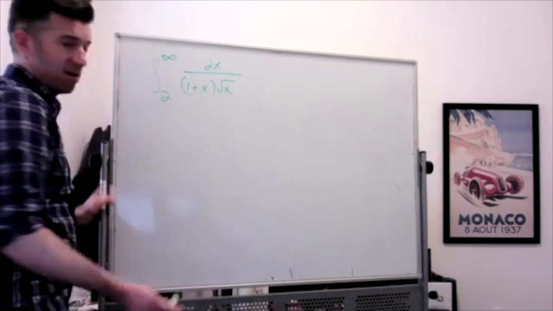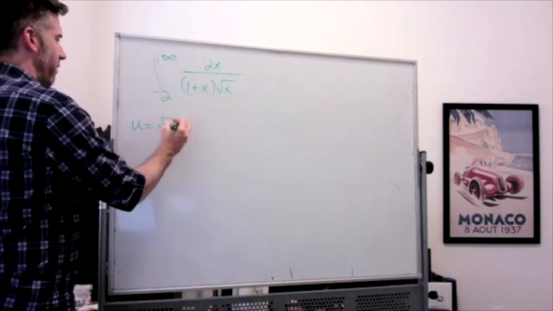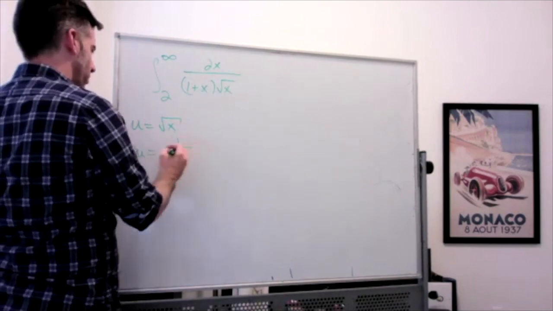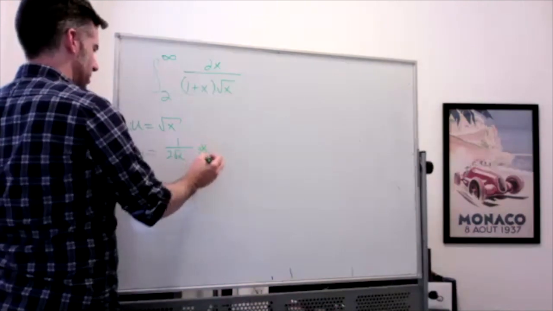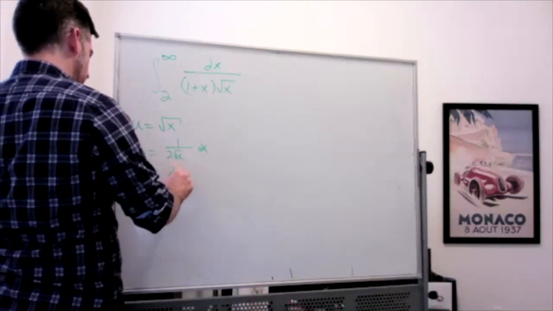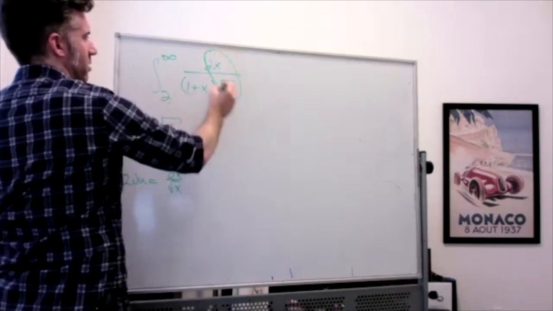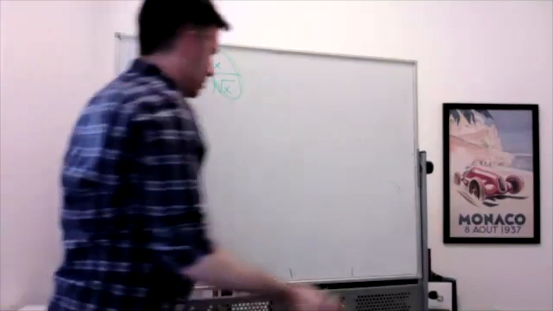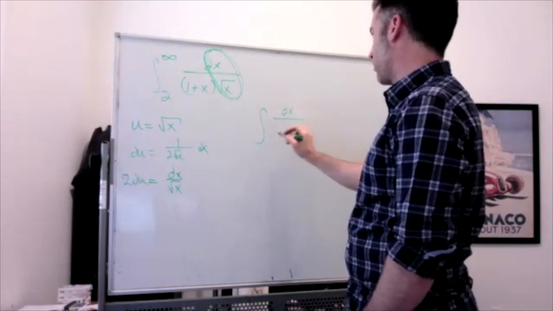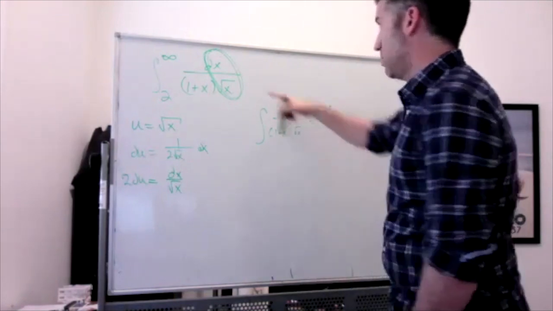How do we get there? We do a u sub. So this is a tricky problem. We're going to let u equal the square root of x. Your du is going to be 1 over 2 root x dx. So 2 du is equal to dx over the square root of x, which I have right there. So the integral of dx over 1 plus x times the square root of x is going to be, there's my du,